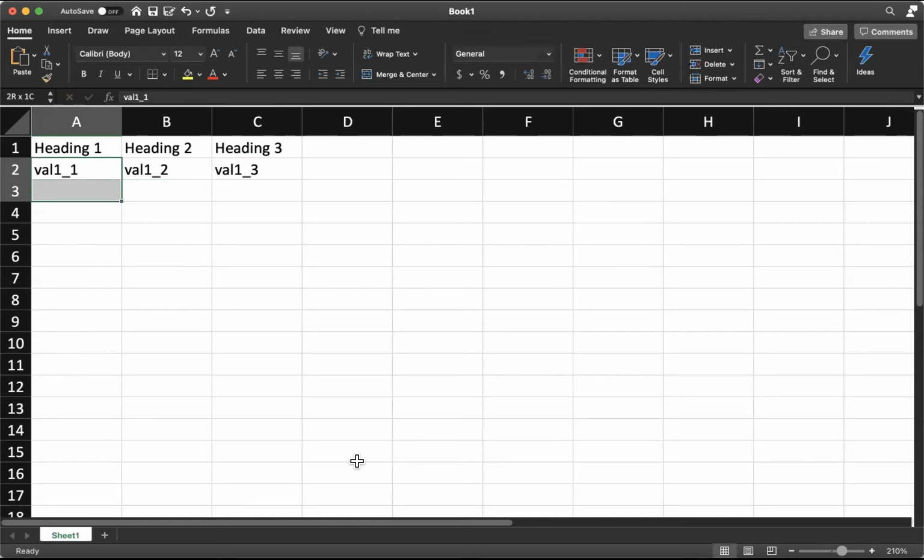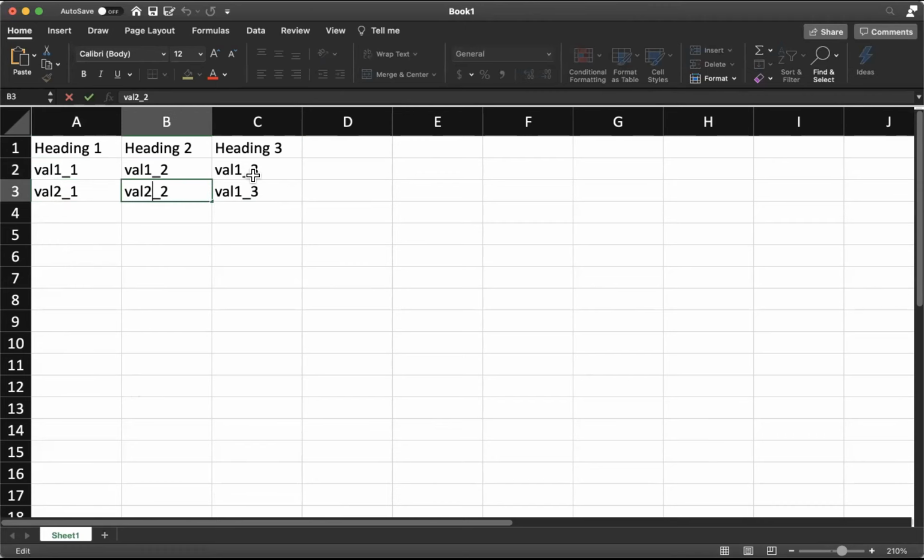Let me just copy these, and I'll add one more line. Then I'll put the line, so this is row 2.